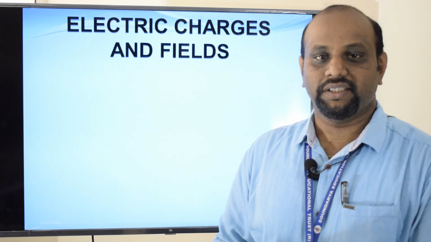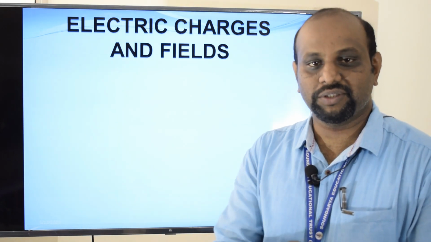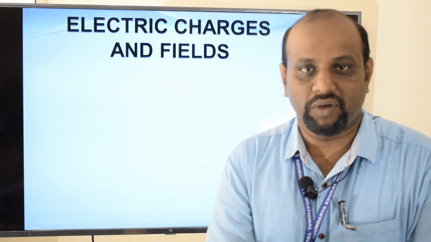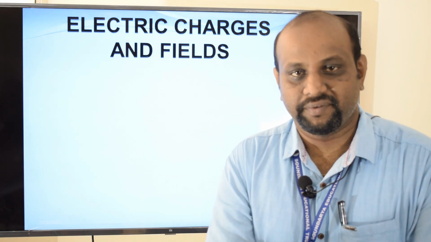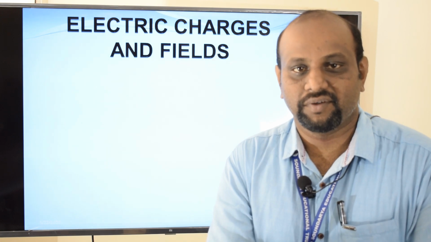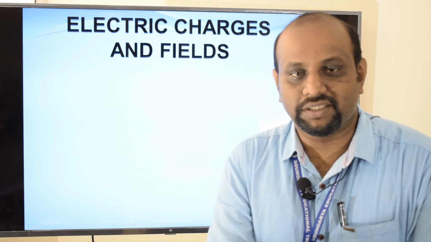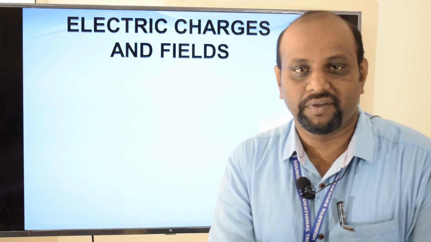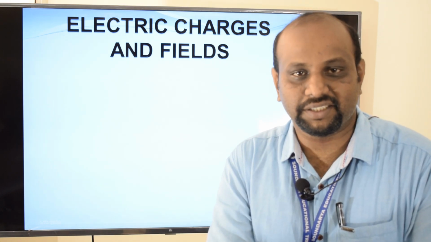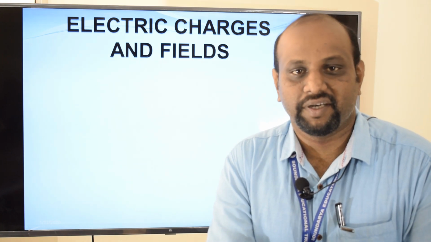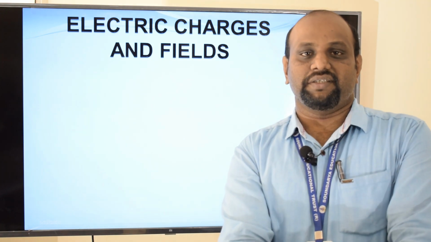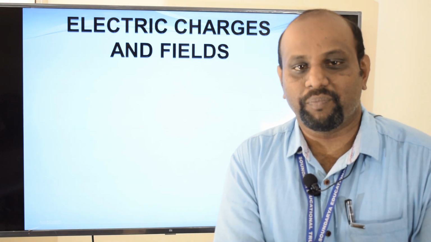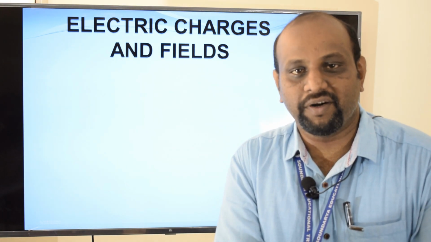Hello students, in the last session we learned about force between two charges, that is Coulomb's law: statement of Coulomb's law, explanation, vector form of Coulomb's law, force due to multiple charges, limitations of Coulomb's law, definition of 1 Coulomb, definition of dielectric constant, electric field due to a point charge and its formula, electric field lines and its properties. I hope all of you prepared well.